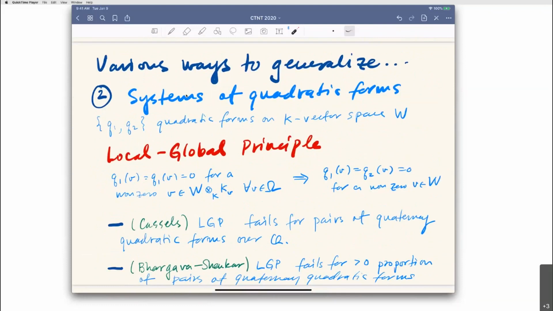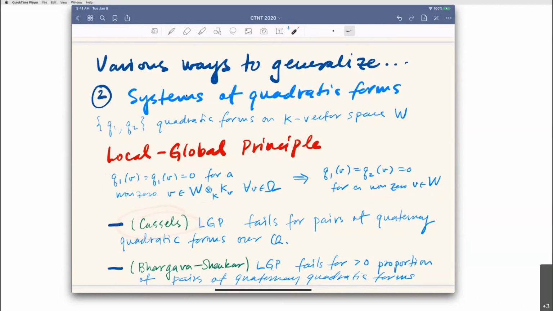So if we have a pair of quadratic forms on the same underlying K vector space W, then we might ask the statement of the local global principle: does there exist a common isotropic vector over every completion? If that happens, then does there exist a common isotropic vector over the field? So this is something you might ask, and in fact,